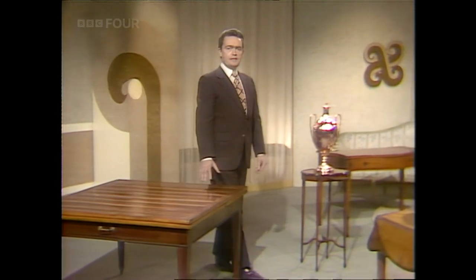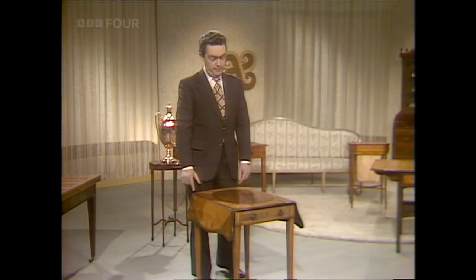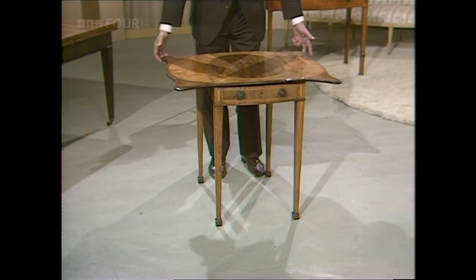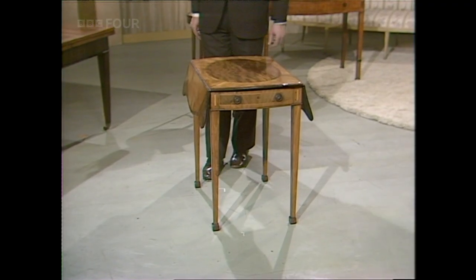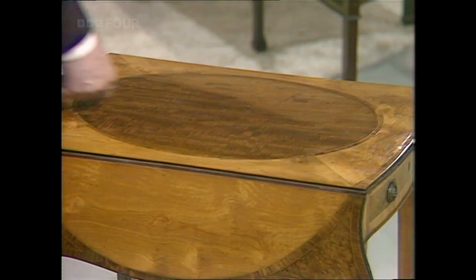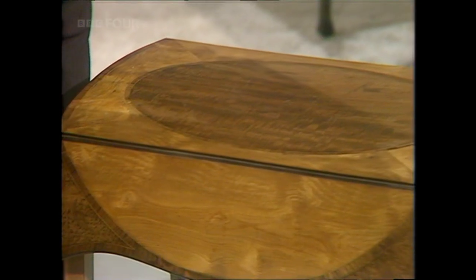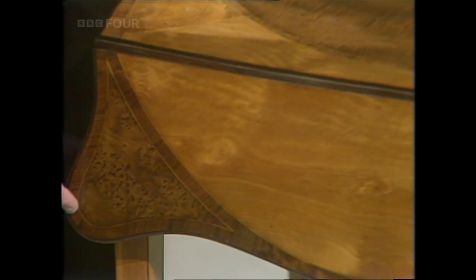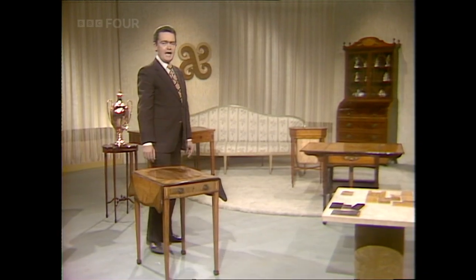One of the other characteristic tables of the period was a pembroke, and a point worth remembering, a pembroke is never a pembroke without 2 flaps along the longest edge here. This is a particularly fine example, veneered with satin wood, with a mahogany oval in the centre, and the corners here decorated with amboina. Now, exotic woods like satin wood and amboina are very popular with the fashionable cabinet makers,